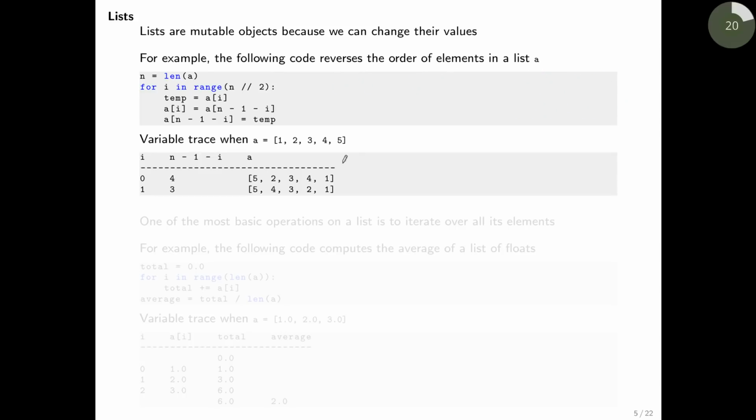And here's a trace of this code. So we have this array A, which is 1, 2, 3, 4, 5. N is 5. And the possible values of I, as we just discussed, are 0 and 1. So in the first iteration, what we're doing is swapping A at 0 with A at 4. So 5 comes here, 1 goes there, and then in the next iteration, when I is 1, we are swapping